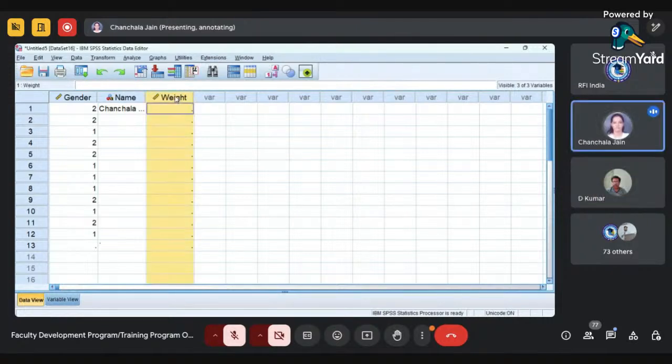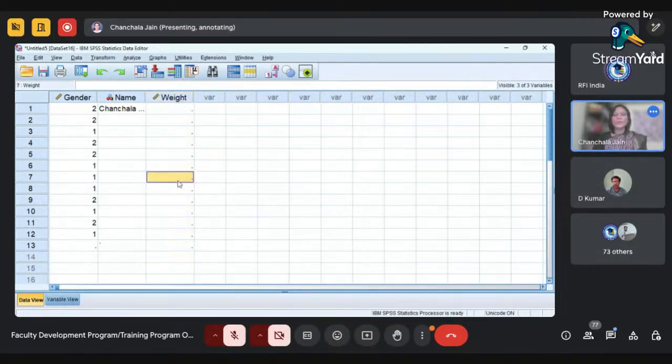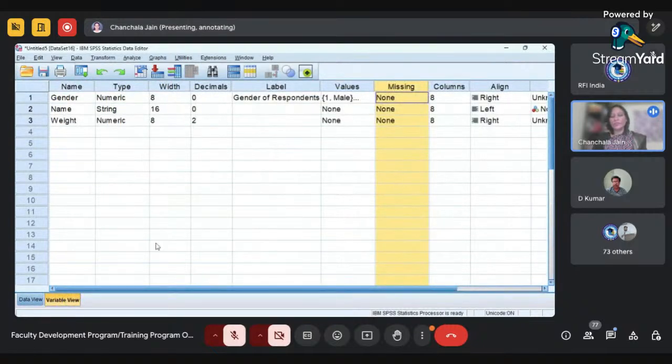So this is the system defined missing value, meaning we have not provided data to the system. The second missing value is available here in the variable view. This missing value is known as the user defined missing value. It means that we, being the user, suppose there are multiple categories in my particular variable, and I do not want to use all the categories for the analysis. So I can come here and define that this should not be included in the analysis.